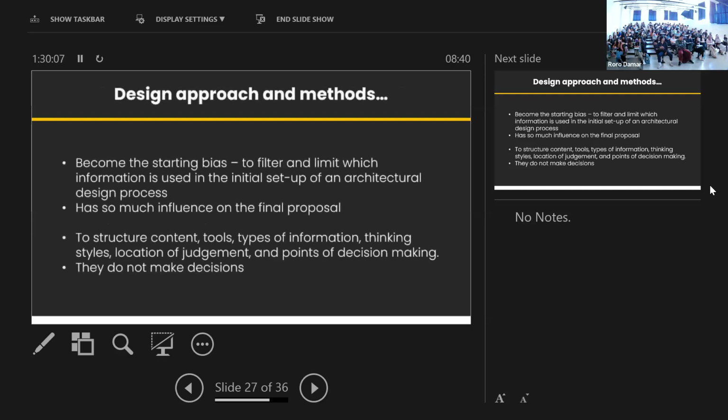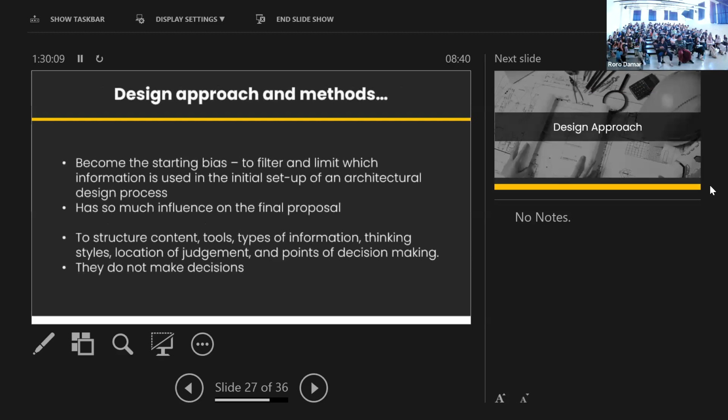Nah, karena we have a very wicked problem, we need a starting bias tadi. Because a project, for instance, tadi a slum area can be dealt with different framework. Saya dan Pak Andri tadi mungkin different the solution. Itu kenapa starting bias itu present to limit and filter which information is used in the initial setup of architecture